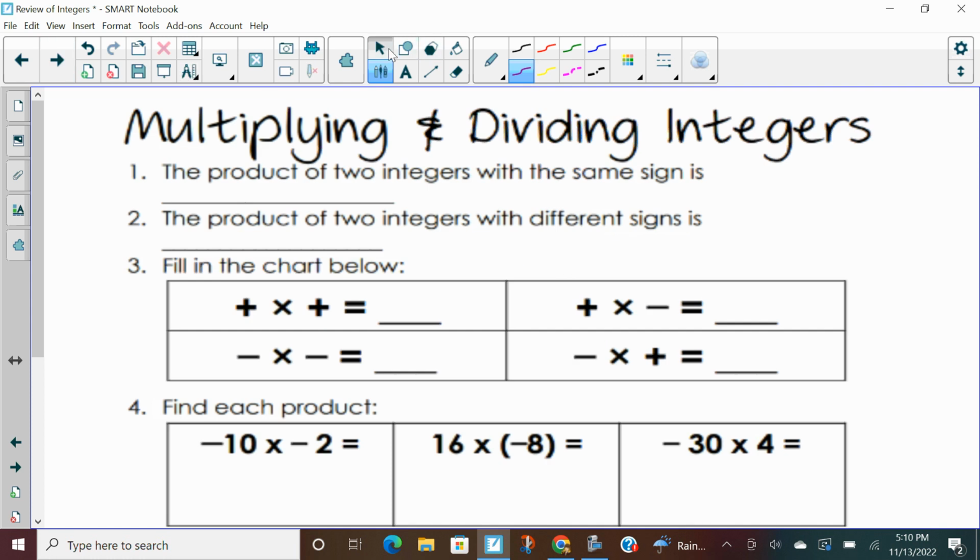The rules for multiplying and dividing integers are actually pretty similar. For multiplying, the product of two integers with the same sign is going to be positive. The product of two integers with different signs is going to be negative. So in our little chart,